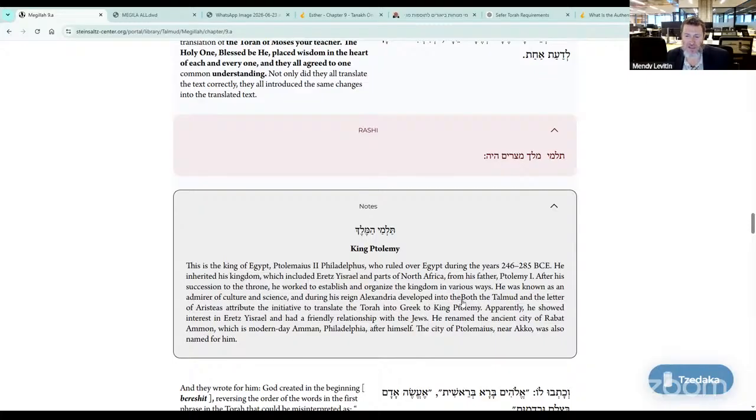This footnote is not accurate. It's missing some parts. Both the Talmud, there's a printing mistake over here. Either way,